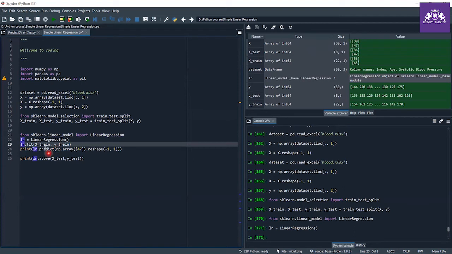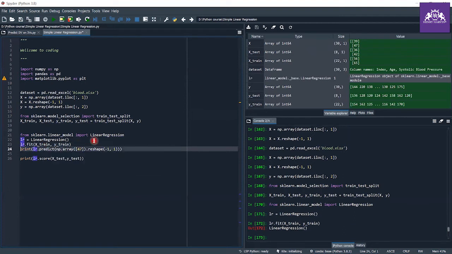Now let me fit the data on x_train and y_train. I fit my data. Now let me predict a value for age 47, and I reshape my data so that it won't be a vector. It will be provided as a matrix to the model.